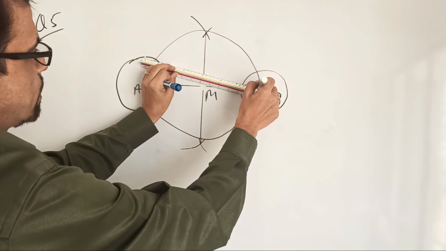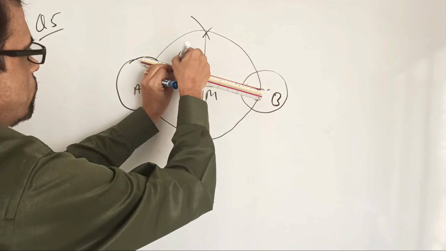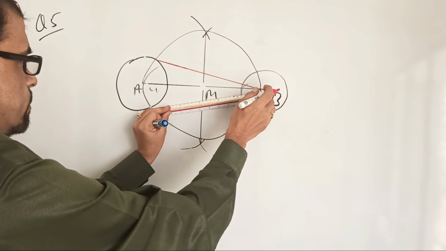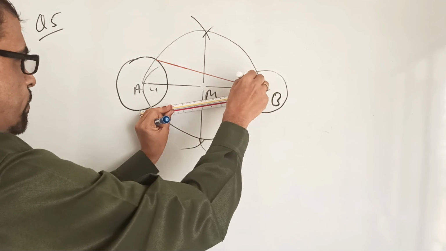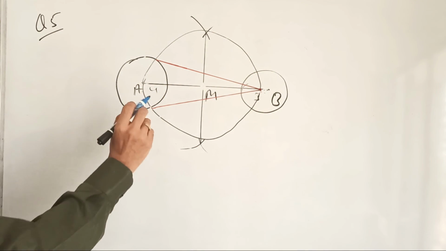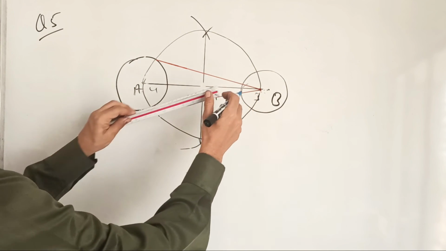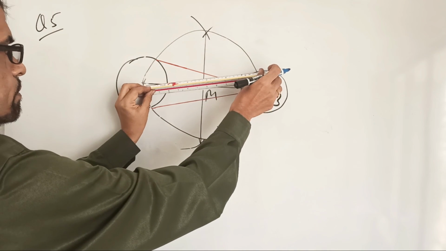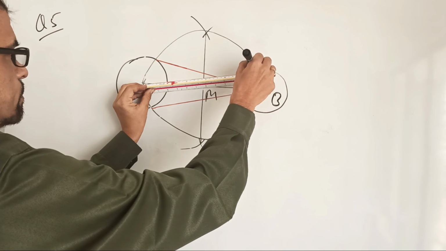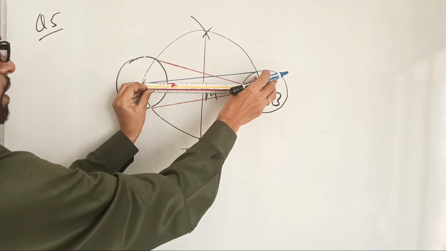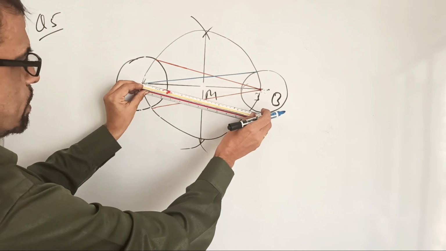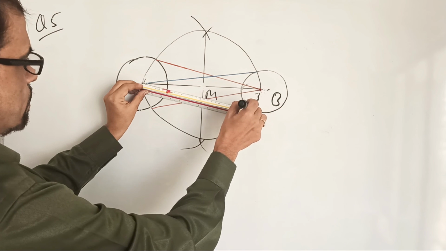We'll join this center to this point of intersection, from center to this point of intersection. Another tangent from A to this. So we will join this from this center to the point of intersection, because we are considering this is the external point for this circle. So from the external point to this circle,